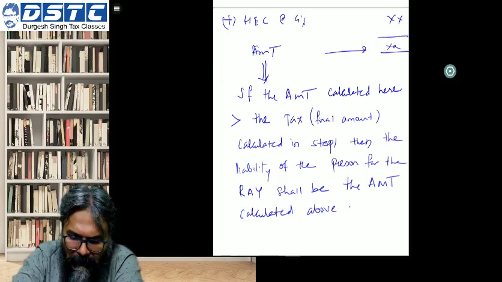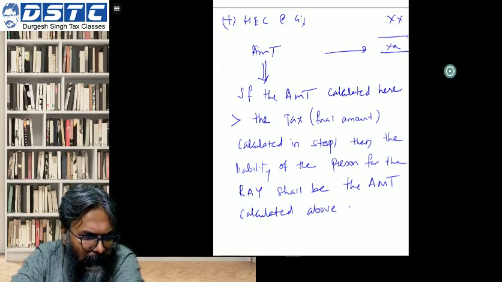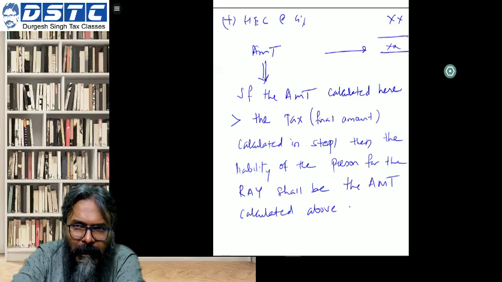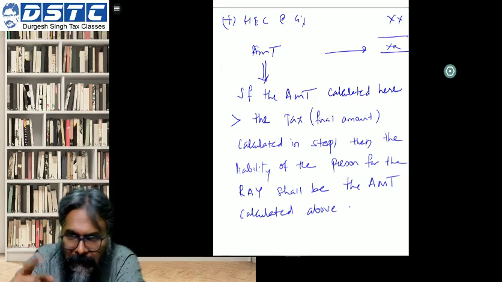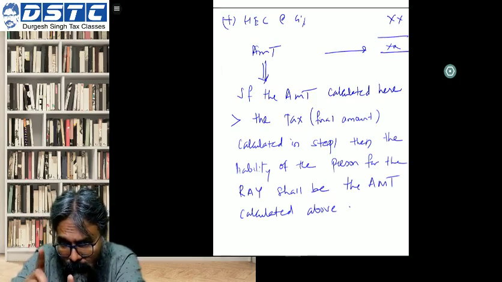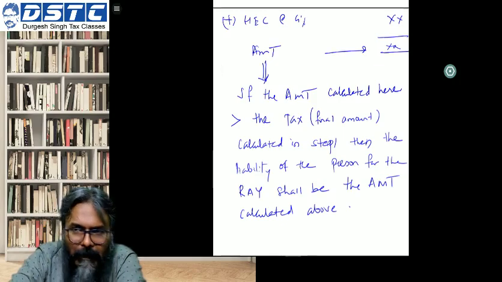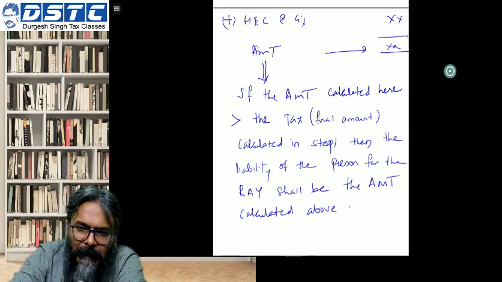Because the highest liability would be applicable, Priyanka. If the AMT calculated here is greater than the tax calculated in step 1, then the highest liability would be applicable to the SSE. Below this, students, you will take a note. The AMT calculation in step 2